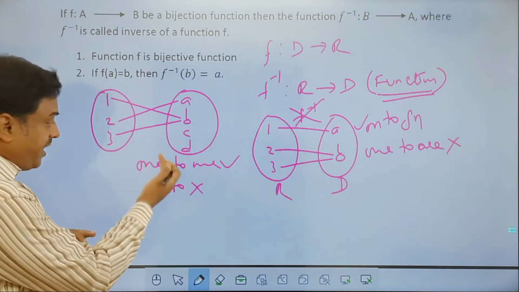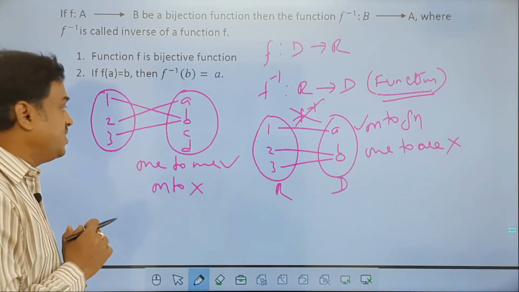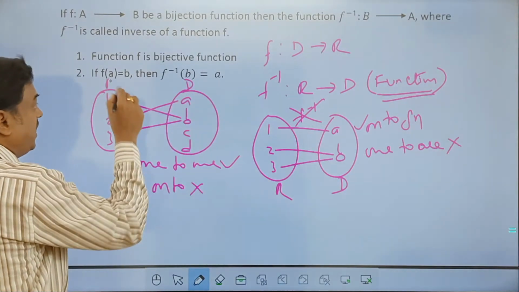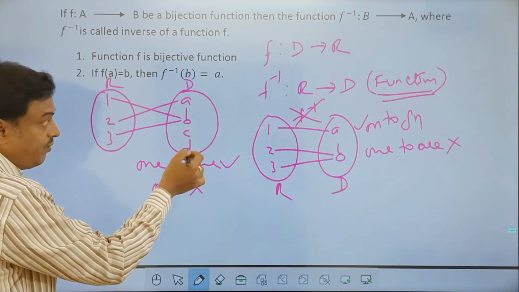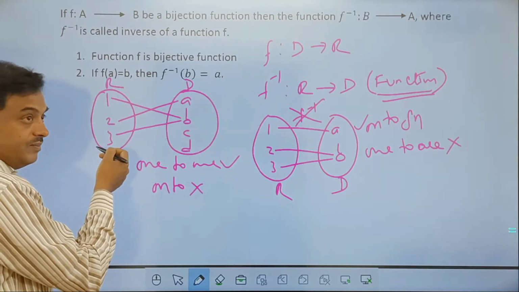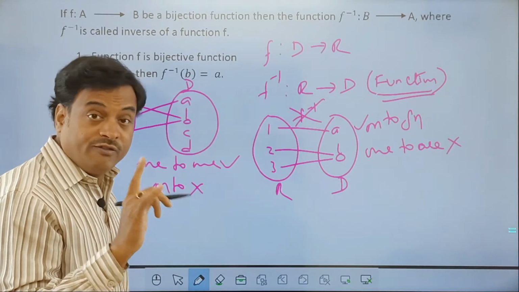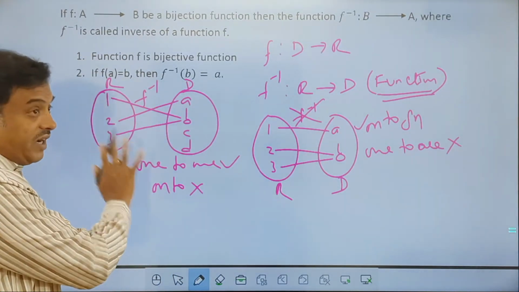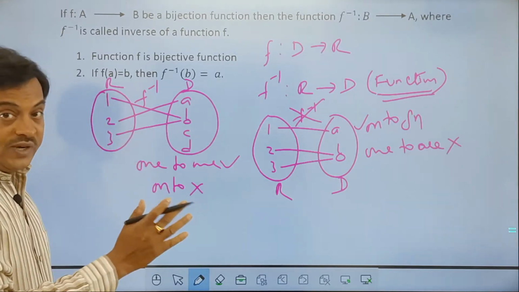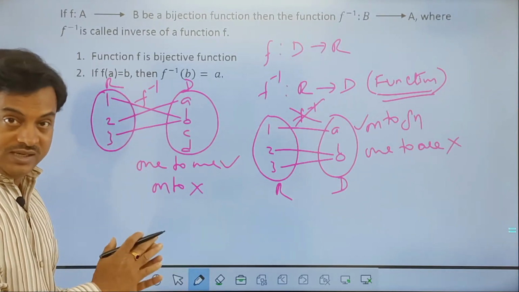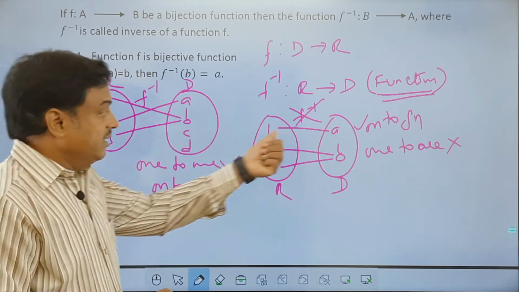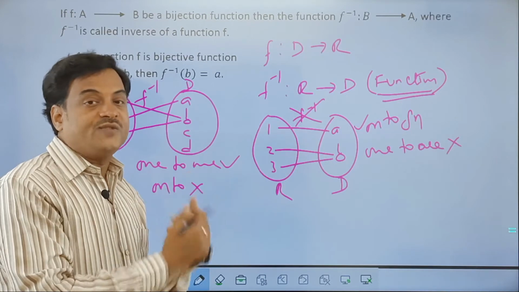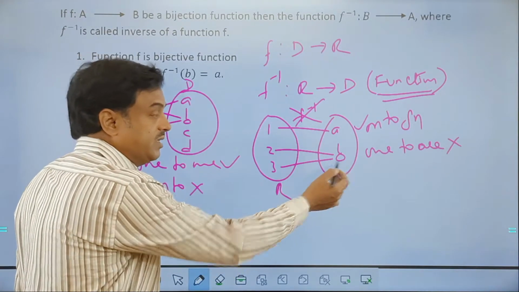Now check this. If we have 1 to 1 but not onto, is inverse function possible? Check this. Here, if I call this the domain and this the range, two of the elements of domain do not have a pre-image. Again, that is violating the rule of function. So this again cannot have an inverse function. Definitely it's a function but not an inverse function. I mean, there is no inverse function possible for this. So try to understand, this is onto, not 1 to 1, it's a function, but inverse function is not possible because this has got multiple images.